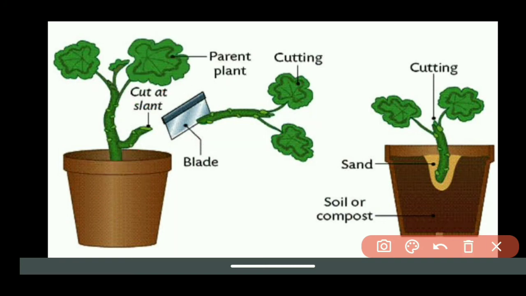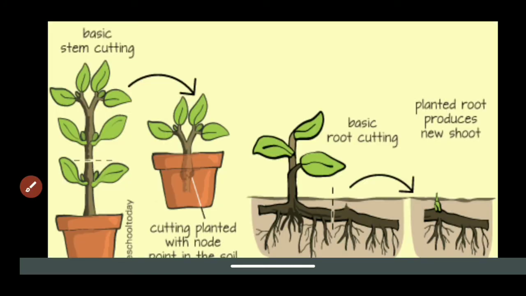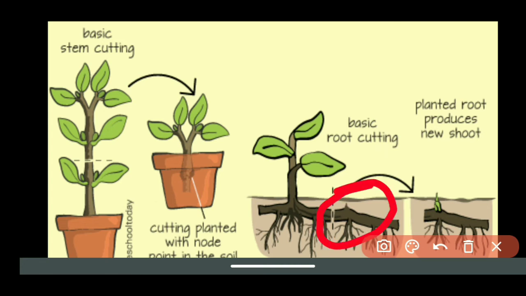Okay, moving on, this is also an example of vegetative propagation. In this case they are cutting a part of the root and developing it as a new offspring. Okay, moving on,